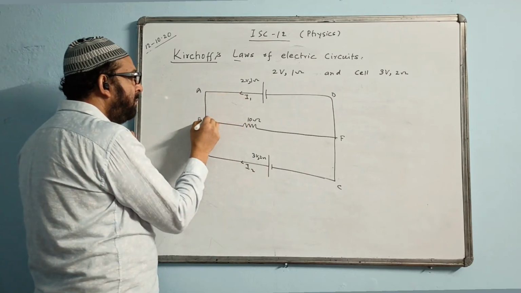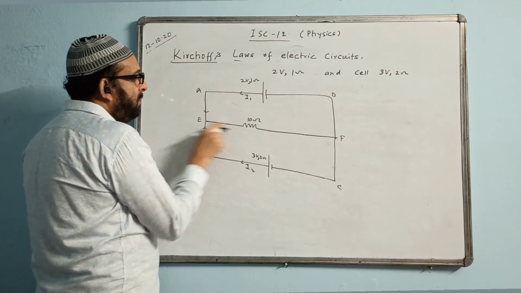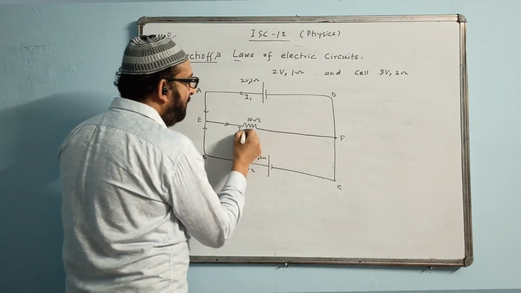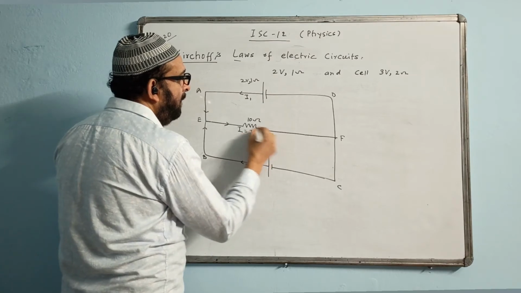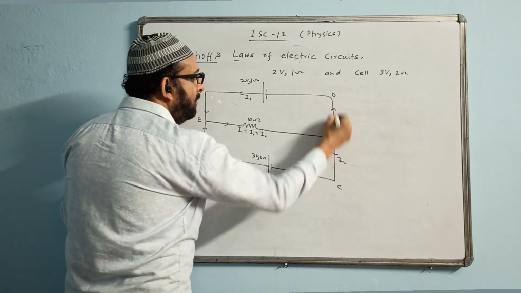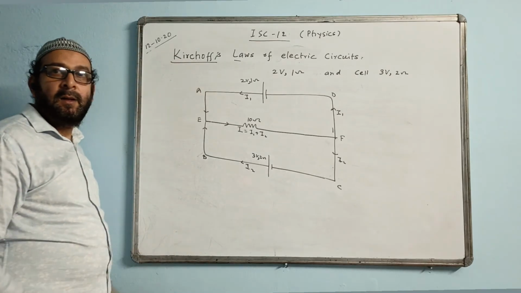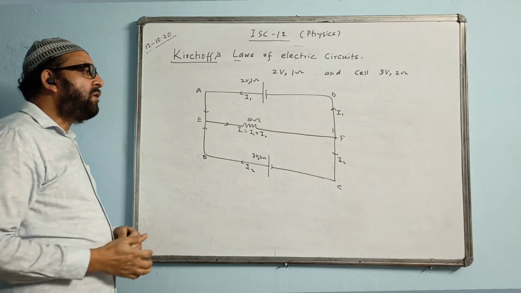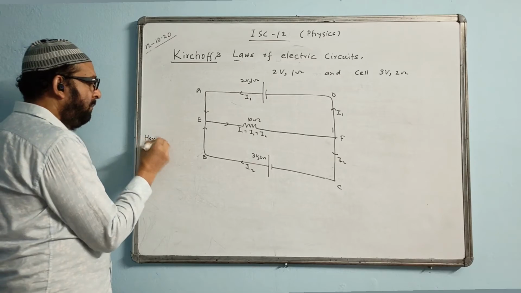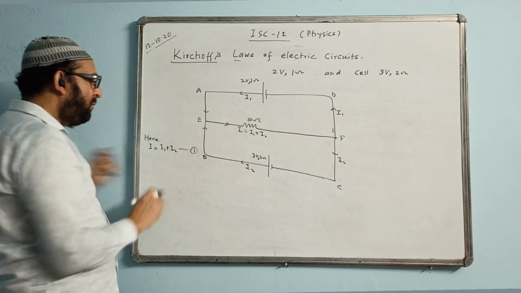Now I1 is coming all this way here, and I2 is coming here. These two currents will get together, and this current I mark as I. Again, I is I1 plus I2, we can write it here. I1 will go back to its own source, and I2 will go back to its own source, like this. Now again we make two equations and find I1 and I2. At first write I equal to I1 plus I2 as equation 1.